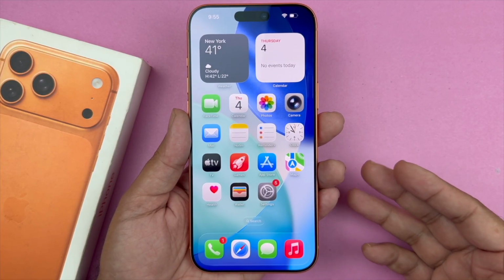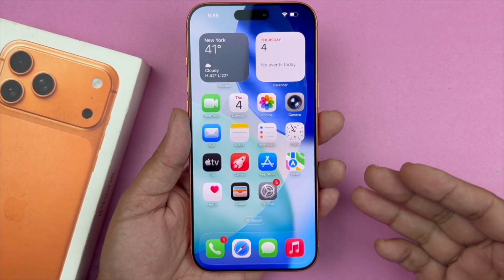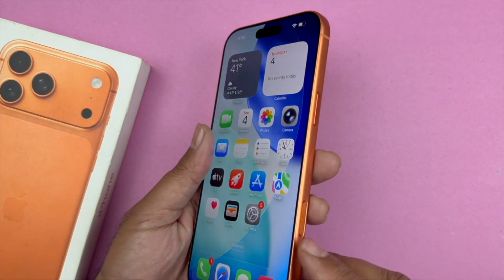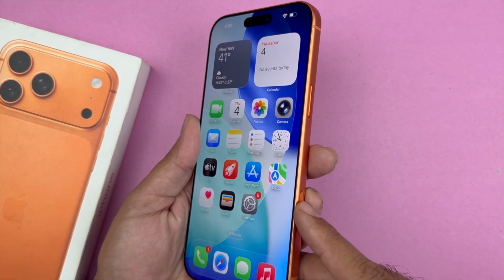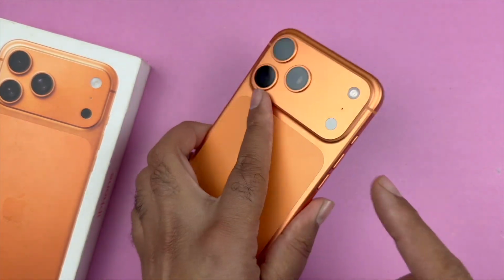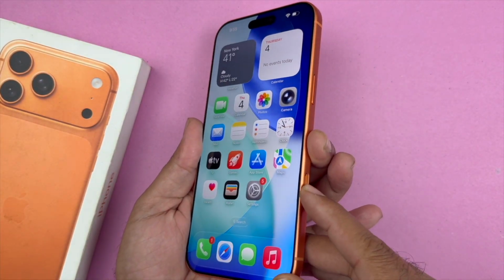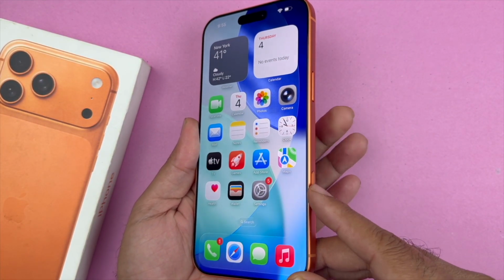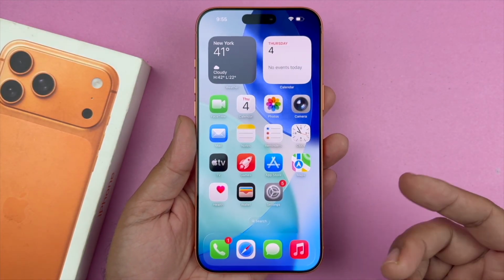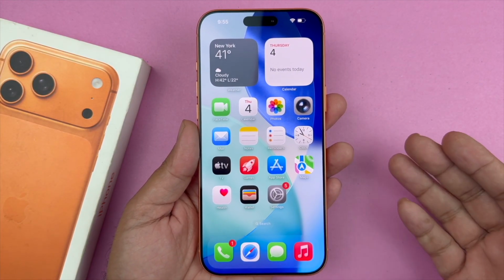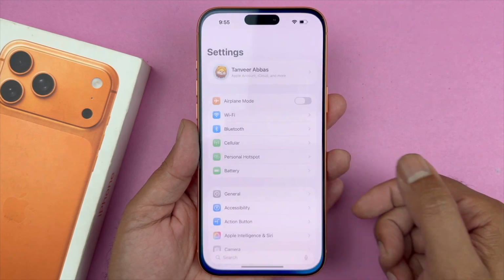In this video, I will be showcasing how to fix the camera control button which is not working on your iPhone 17, 17 Pro, Pro Max devices. So as you can see, I'm pressing on my camera control button and it is not opening up the camera app. So in order to fix this, what you need to do is to open up your settings, then scroll